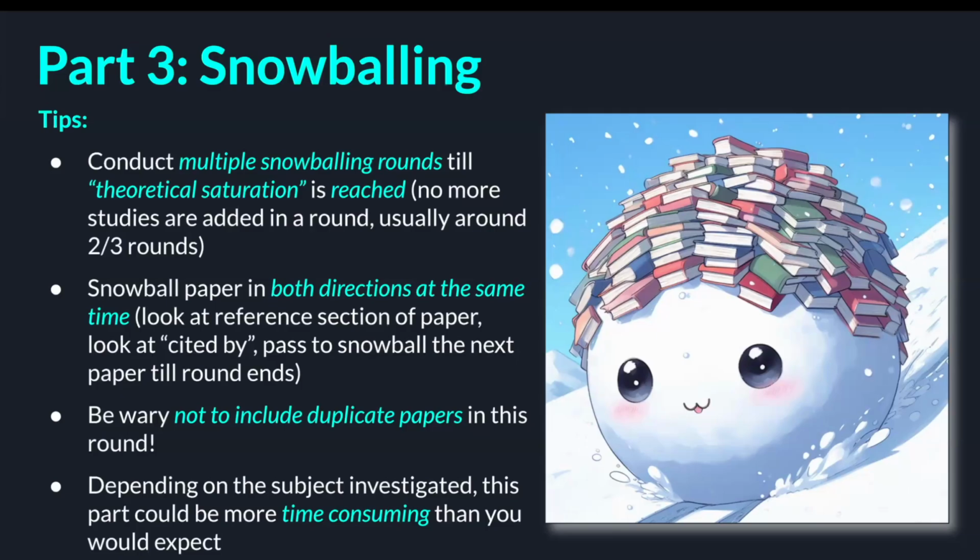As a simple tip, when you do the snowballing, snowball the papers in a forward and backward manner at the same time. So basically, I open the PDF I want to snowball, I look at all the reference lists, go back and look at all the papers that cite them. That makes things faster than if I just do the forward snowballing for all of them, then have to go back to the paper again and do the backward one.